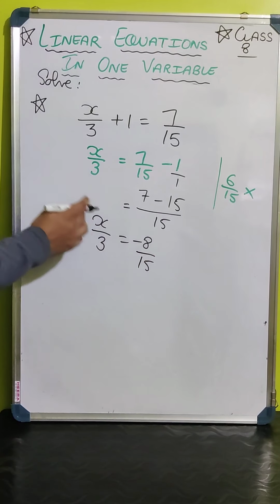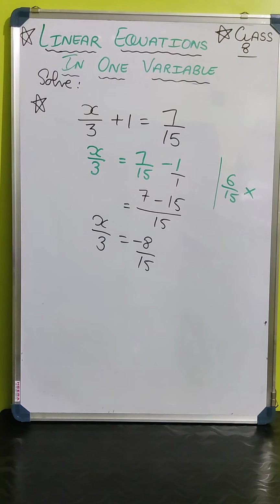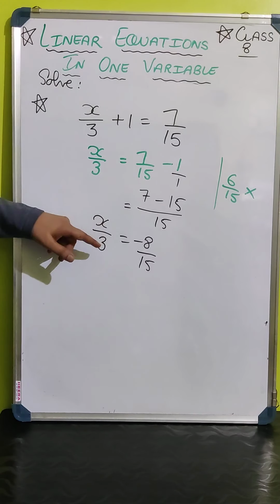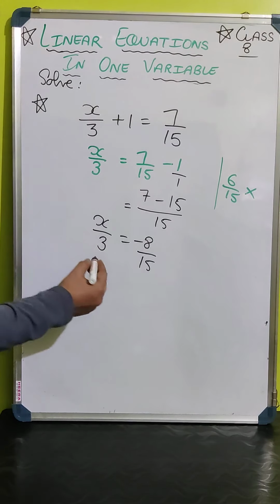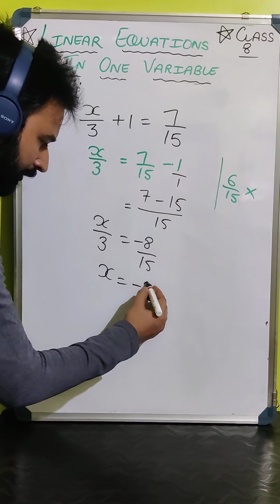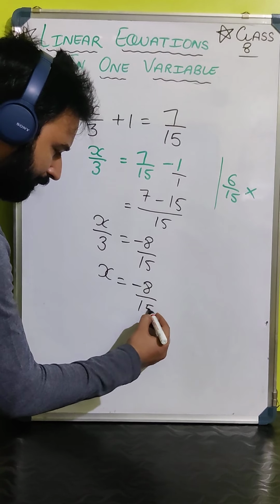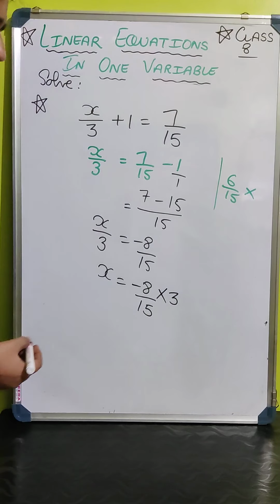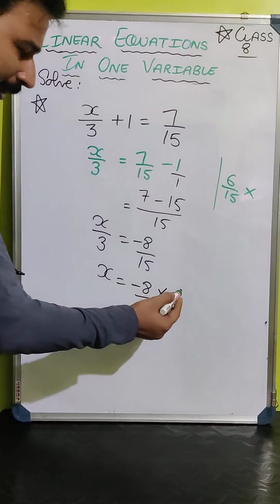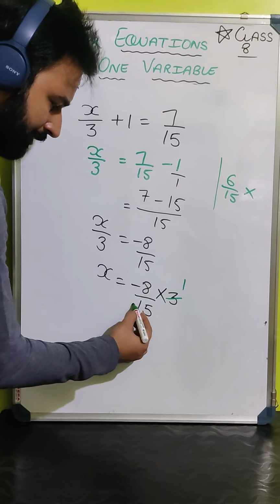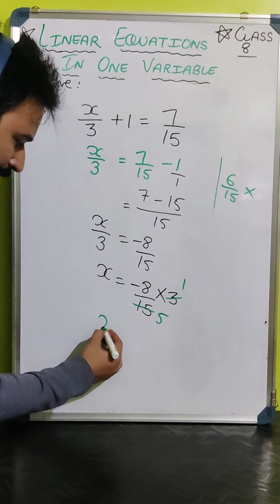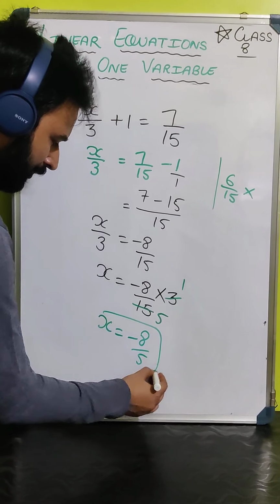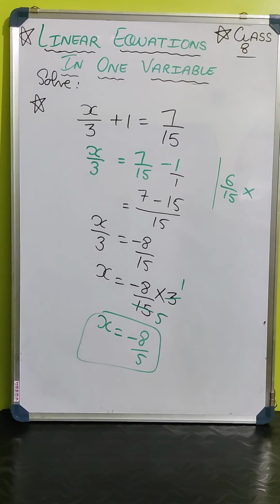Okay, now which is the extra term along with the x? This is divided by 3. So what you will do here, remove this part. So when you remove this part, it will be minus 8 by 15 multiplied. It is in division, so it will come in multiplication. Now you will cancel the terms, write down in the simplest form. 3 1s are 3, 3 5s are 15. So the value of x is coming minus 8 by 5. So the value of x is minus 8 by 5.